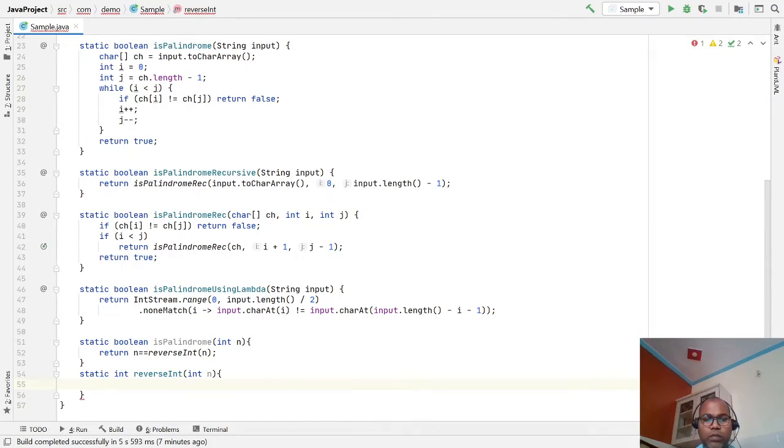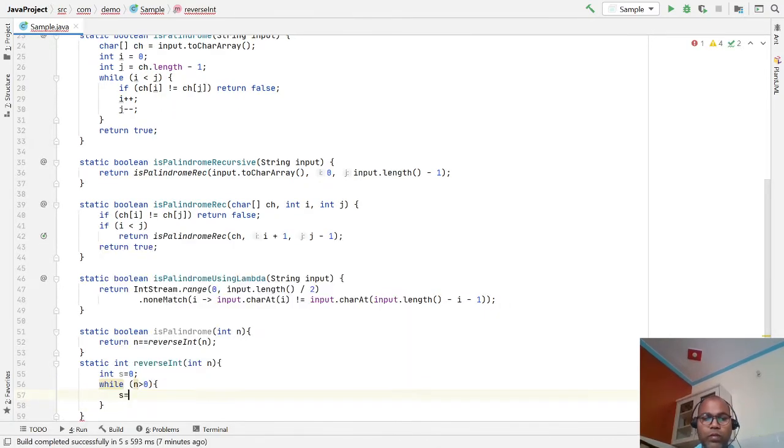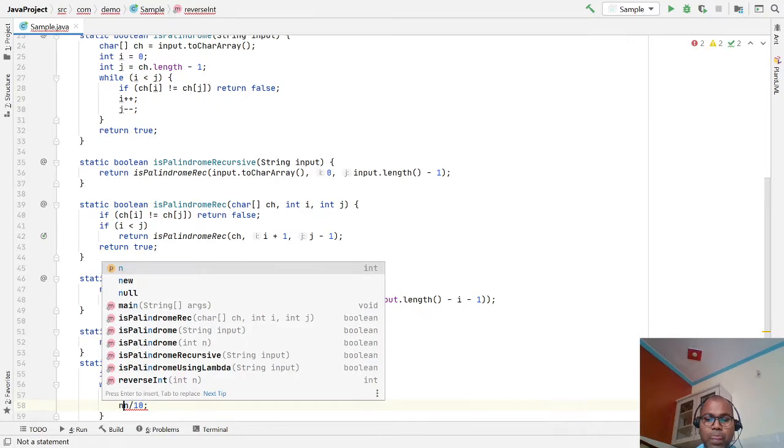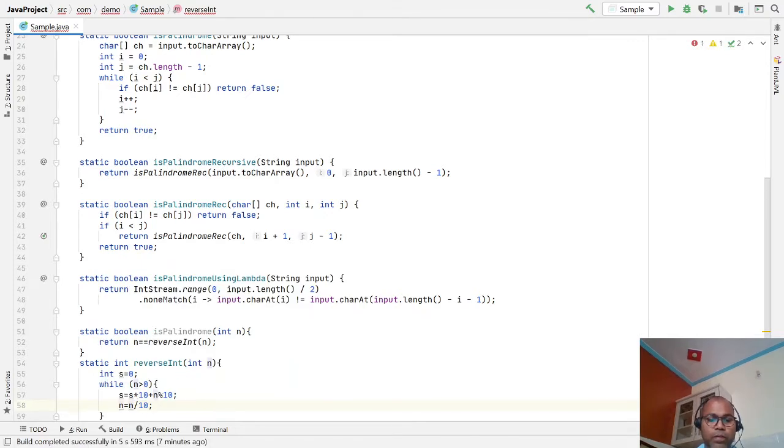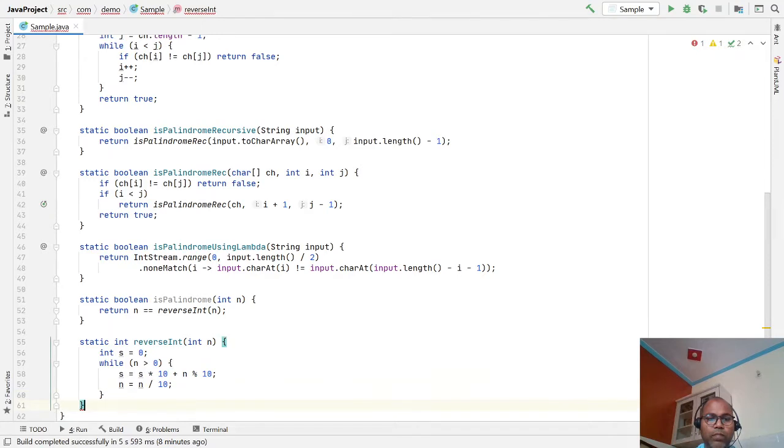We take one sum variable, sum equal to 0 initially, and while the number is greater than 0, sum equals sum multiplied by 10 plus number modulo 10, and then number equals number divided by 10. After the loop, we return sum.